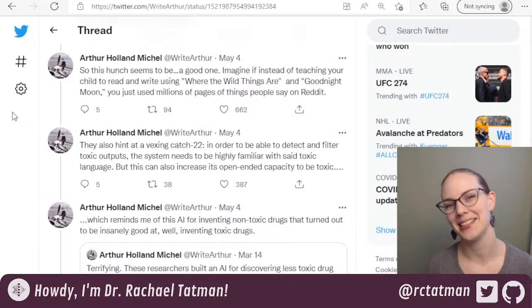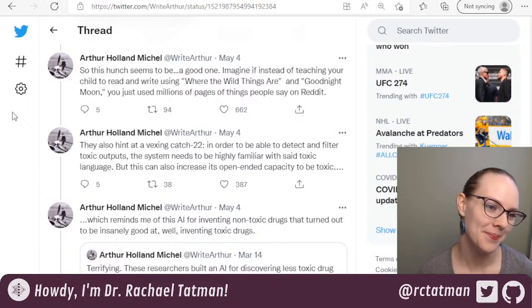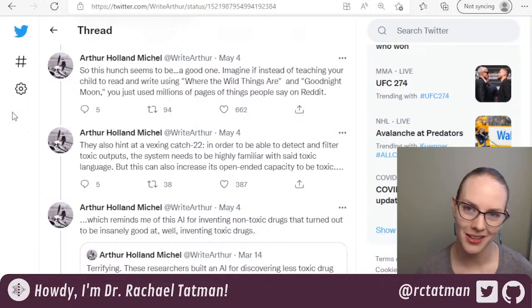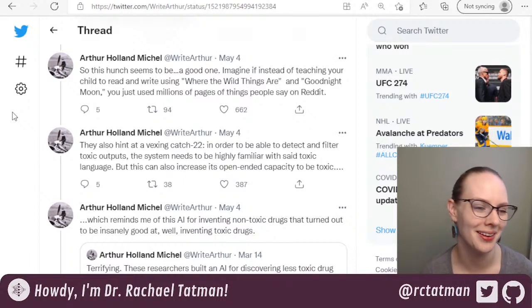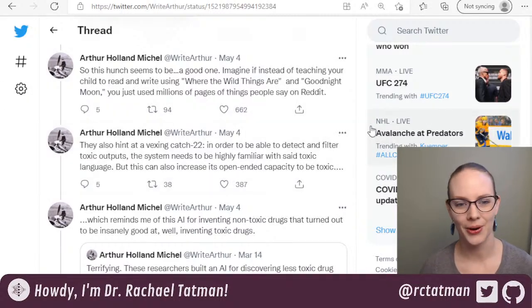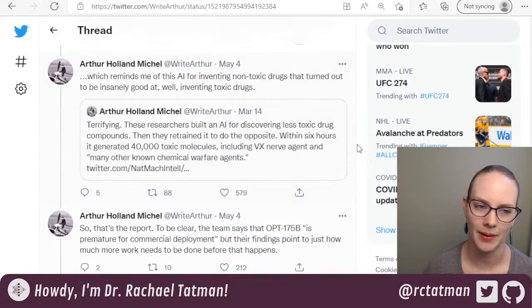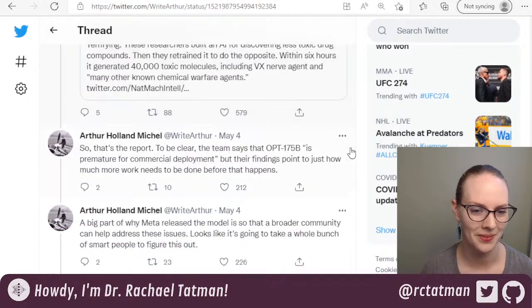That has not been my experience as an industry practitioner. And small specialized models on specific things are still overwhelmingly the most useful type of NLP model, but they're not the type of NLP model that gets you keynotes at NACL. So there you go. And then talking about, this was from a while ago. It was a system to identify non-toxic drugs and, when inverted, identified bioweapons. So fun.